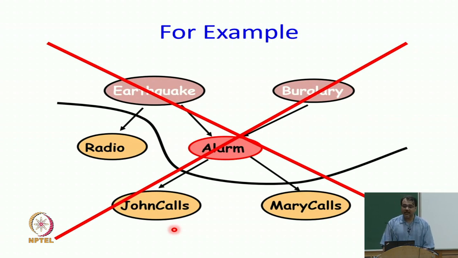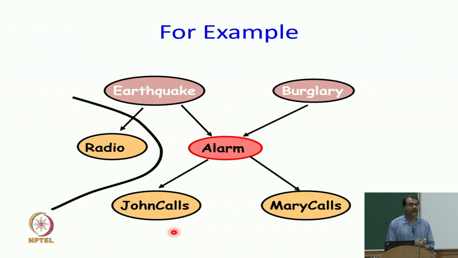So, given earthquake and burglary, what is alarm conditionally independent of? Radio. Just additionally knowing about radio gives me no more information. Why? Because radio can only influence alarm through earthquake. Radio says that I heard on the radio that an earthquake has happened. So, if I hear on radio, it can only influence earthquake, but I already know earthquake. Radio would have affected alarm if I did not know earthquake, but now that I know earthquake, radio has no effect on me.